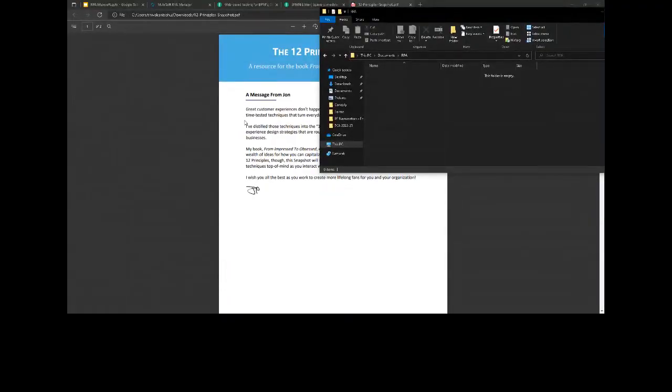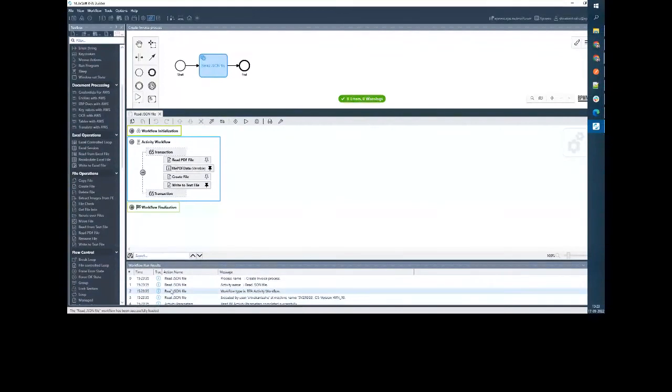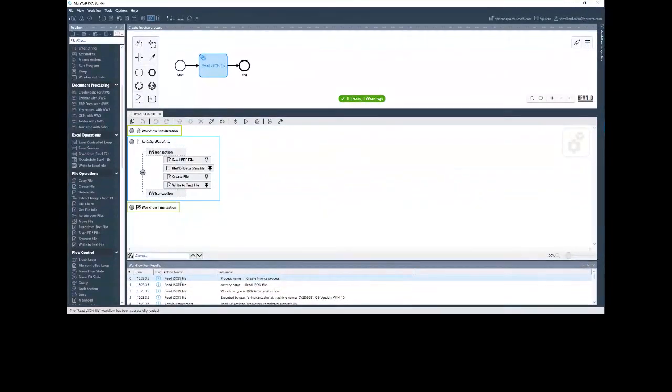It will run that flow. So it ran right now, reading this file. This is the process it is running. Read PDF file succeeded. Create file and then write file succeeded. Overall time consumed for this run is 0.9 seconds. Workflow successfully closed. Completed successfully.